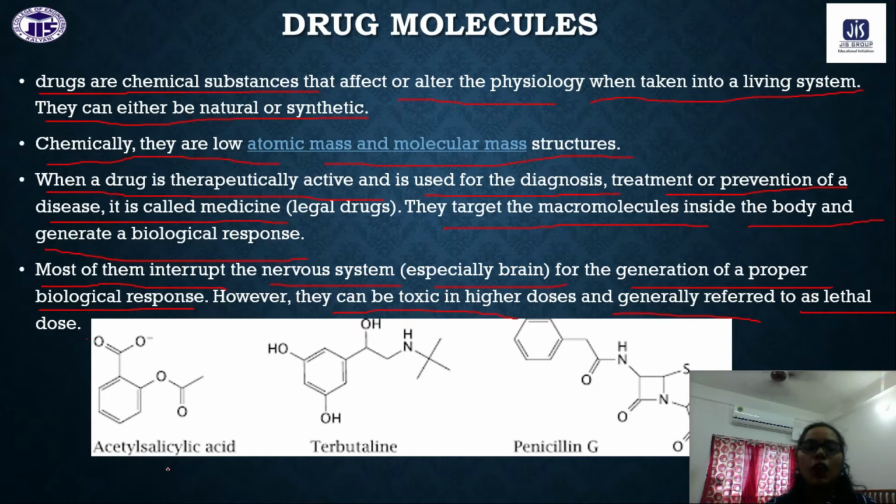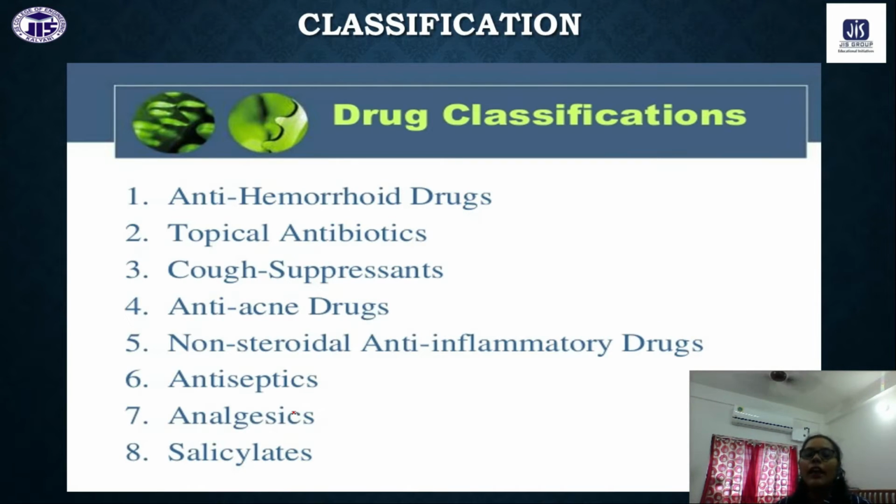Okay. So acetyl salicylic acid, terbutaline, penicillin, these are some examples of drug molecules, right? Okay, so these are the types of drugs that we have. This is the classification of drugs, that is